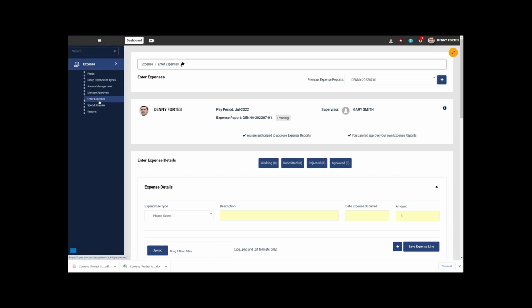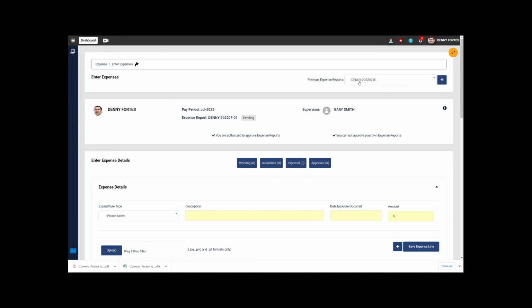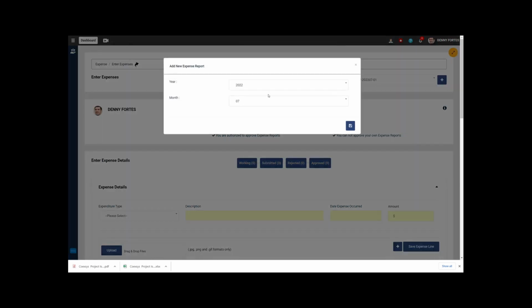The expense report entry page is located under the expense tracking. Your existing expense reports are available under the drop-down menu on the top right corner of the screen. To create a new expense report, click the plus button here and enter the year and month for the new